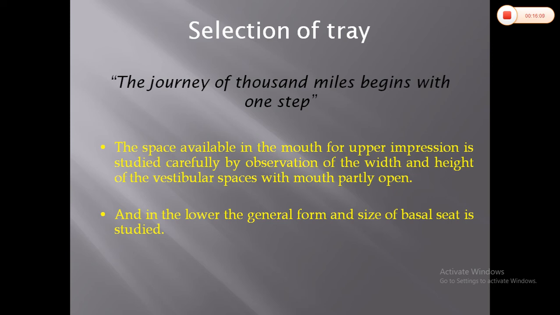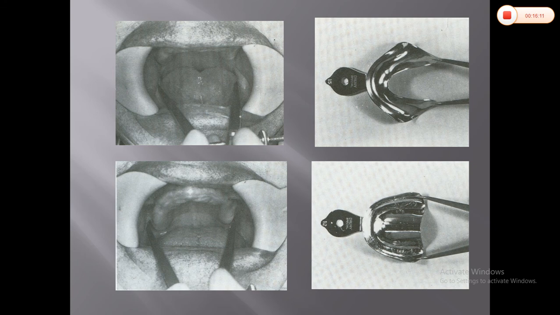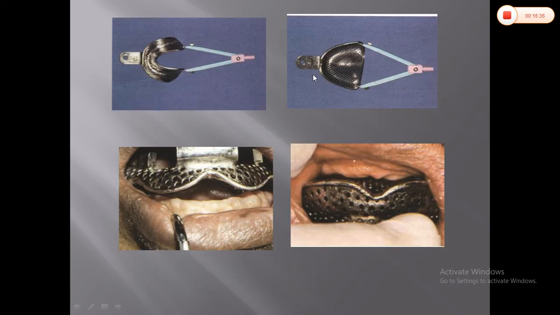Now, the selection of the tray. Before making the impression, you should select the tray. If this is for the mandible, take the distance between these two. For the maxilla, take the distance between the maxillary tuberous borders, so you can check the distance from here to here and from here to here. Check whether your tray is suitable for the posterior region. Coming to the anterior region, again you have to see it in the patient's mouth like this. By selecting the tray and measuring it, you can enter like this.